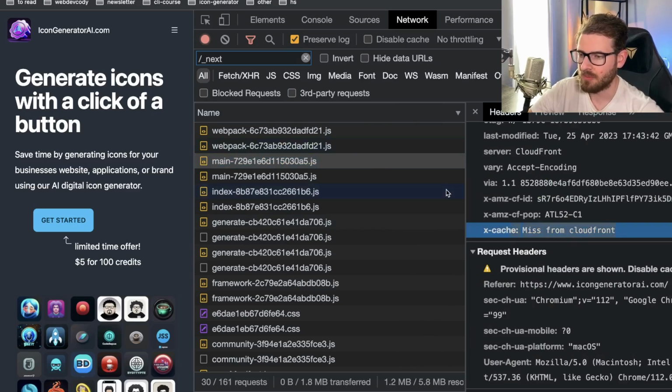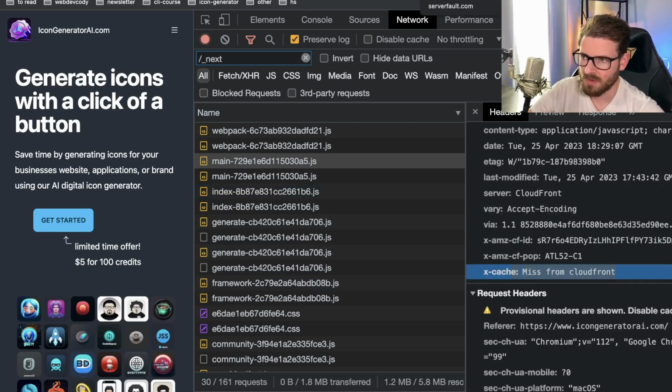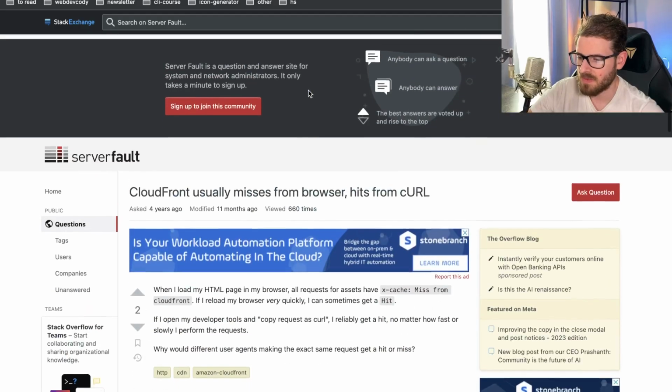It's like, why is CloudFront not caching my stuff? That's the whole reason that we're using Next, right? It's the whole reason we're using Amplify and Vercel, is because they did a lot of engineering under the hood to cache all your stuff to make your site super fast and performant, right? So that led me down a path of more investigation. I probably spent a lot of time trying to figure this out, which made me find this